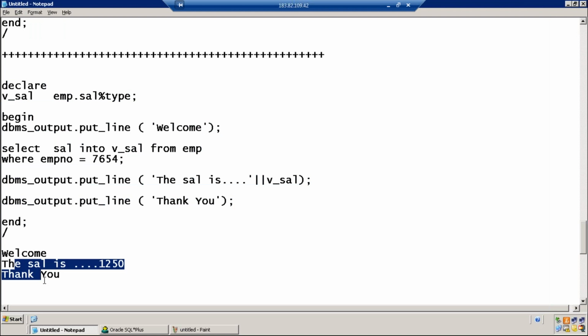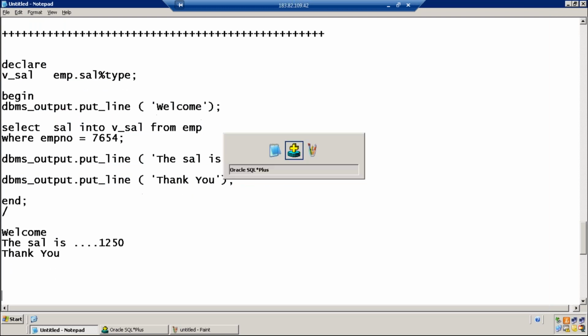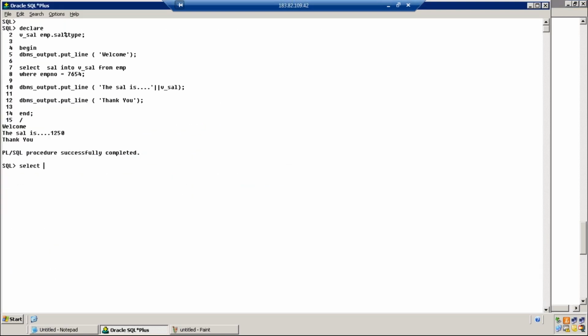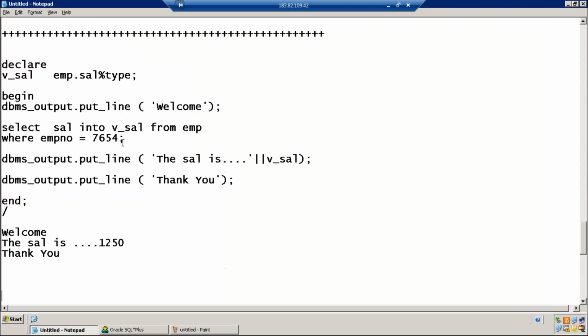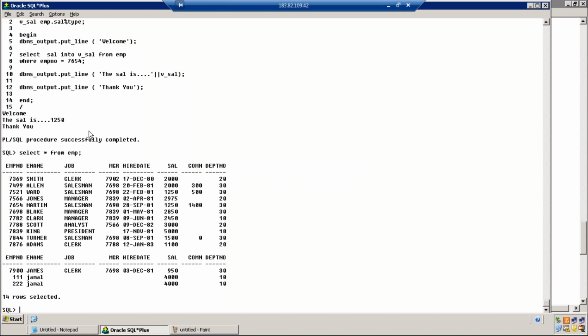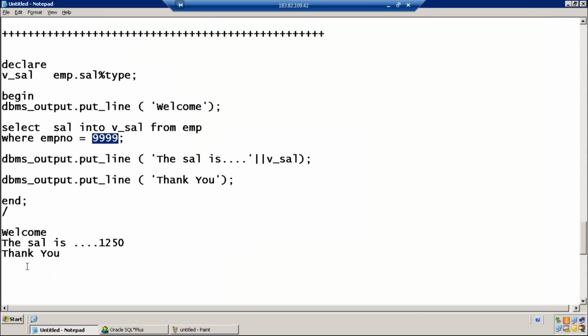Welcome. The salary is 1250. Thank you. As expected. Now I'll make some changes in the program: where employee number equals 9999. We don't have 9999, so what is the output, Dilavar?